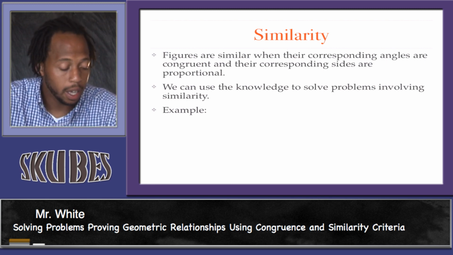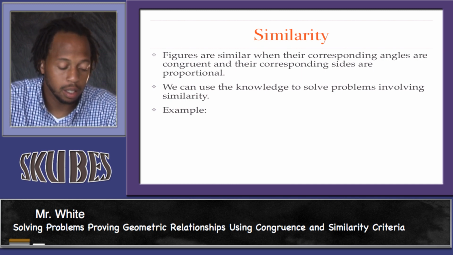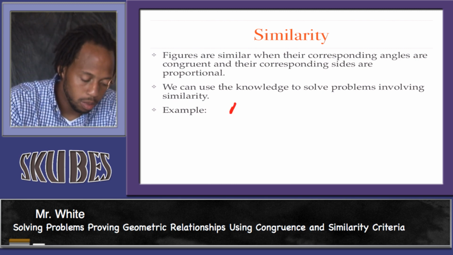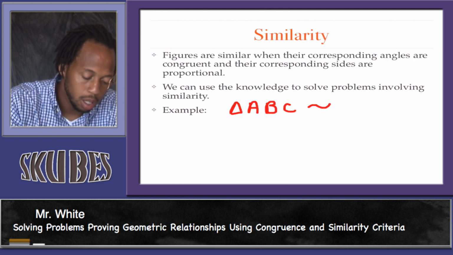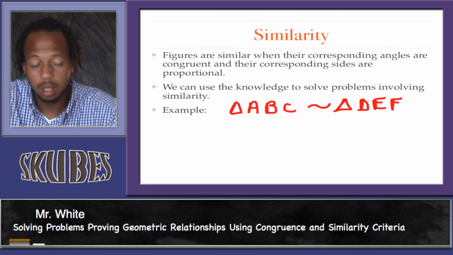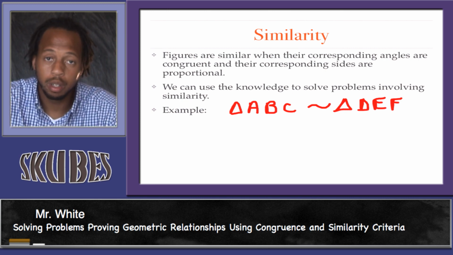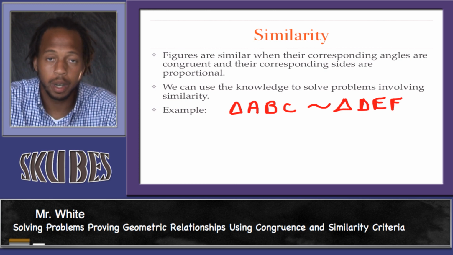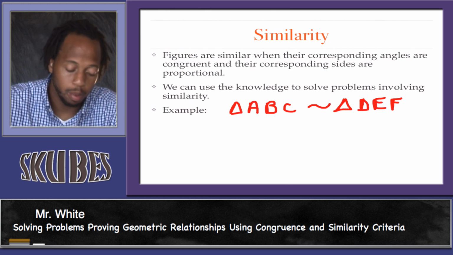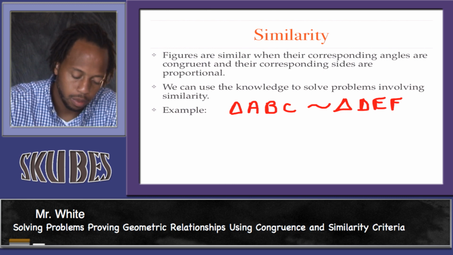Figures are similar when their corresponding angles are congruent and their corresponding sides are proportional. We can use this knowledge to solve problems involving similarity. So in this example, triangle ABC is similar to triangle DEF. So now again, when two figures are similar, corresponding angles are congruent, and their corresponding sides are proportional. So if I draw triangles ABC and DEF,